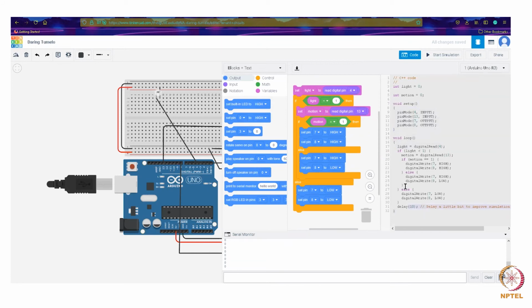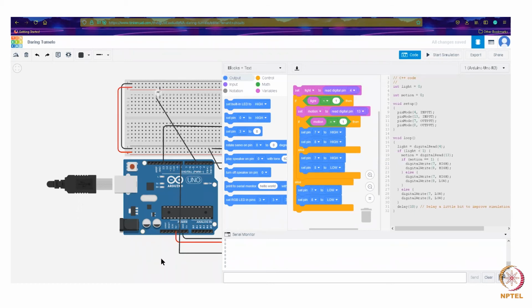In an actual scenario, if we really want to implement such a system in real life, we have to go with this kind of program. We don't have support for block codes in the Arduino system. So this is the actual program, and that's the wonderful feature of Tinkercad. It skips the hassle of writing such tremendous code. You have to literally set each pin and the type of the pin, and here I'm just sticking the blocks together and getting things done.